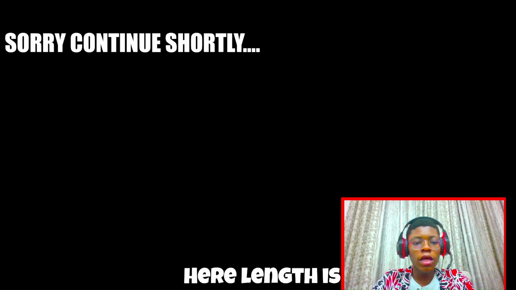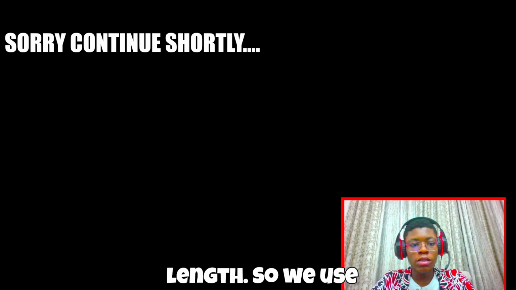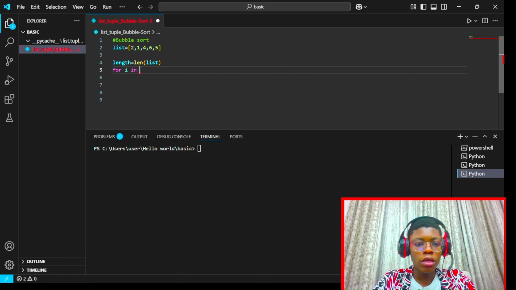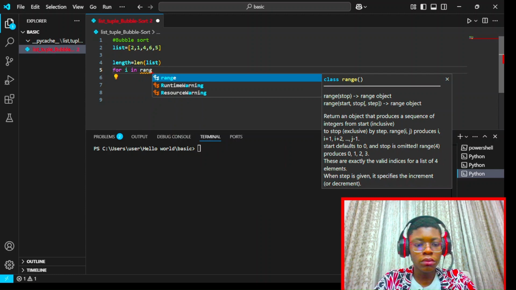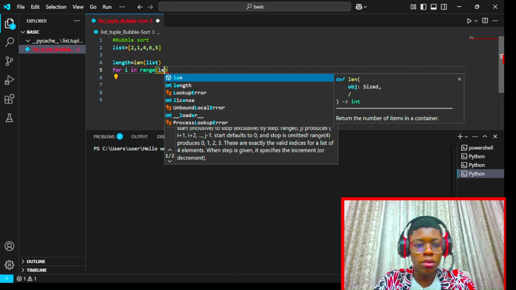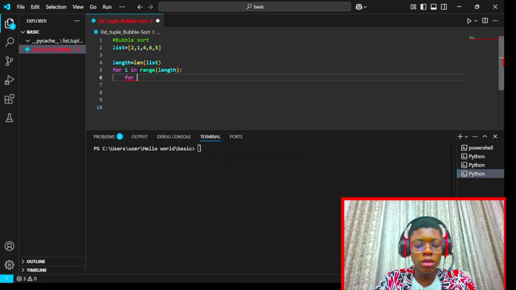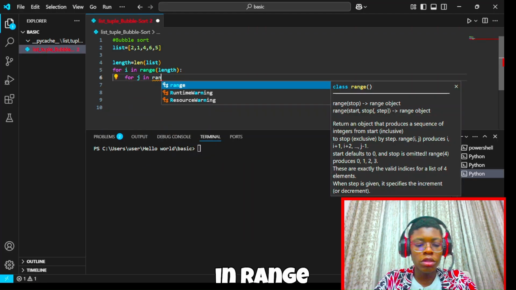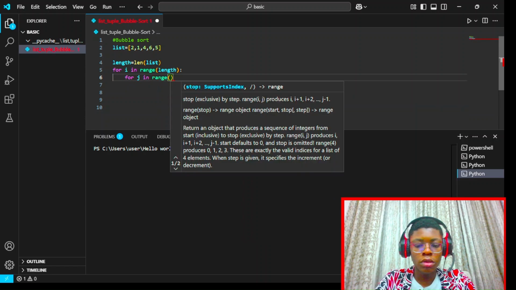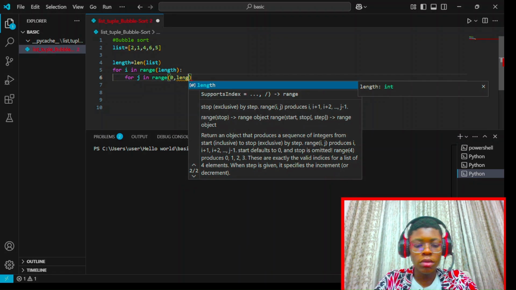Here, len is simply what we use to define the length. So we use the conditional statement for i in range this length, and for j in range zero comma length, if